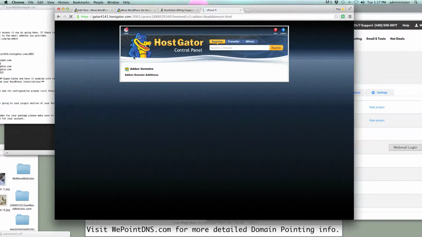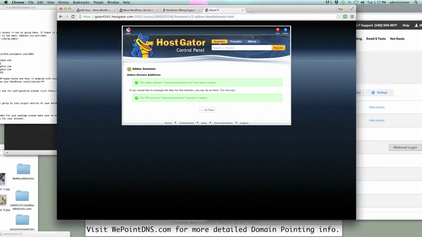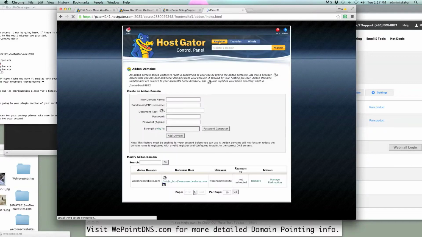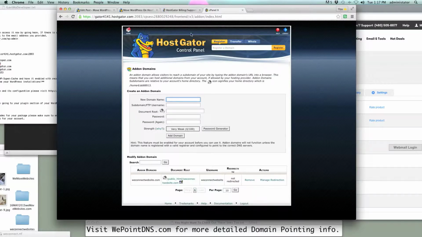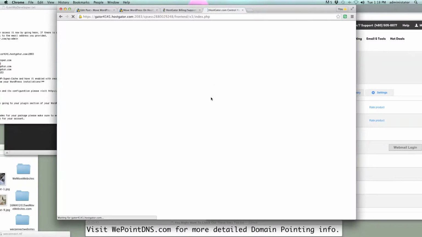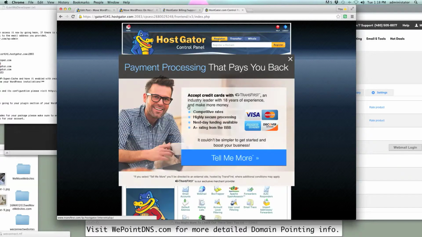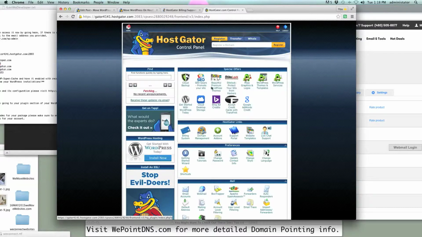Great. So there you have it. We've successfully added that domain, and that's going to process there. You get the go back button. We'll go back. We actually want to go home up here in the upper left. That'll take us back to our cPanel, and then I don't know what that was, but